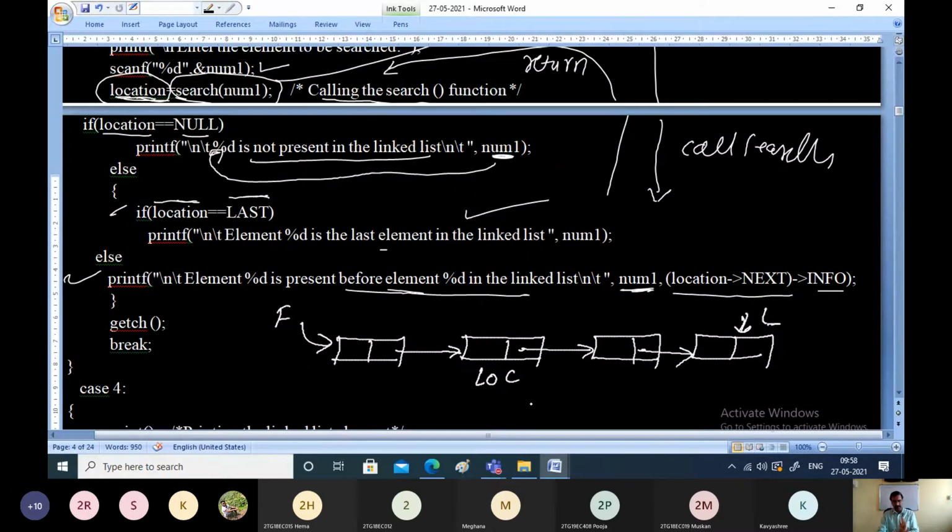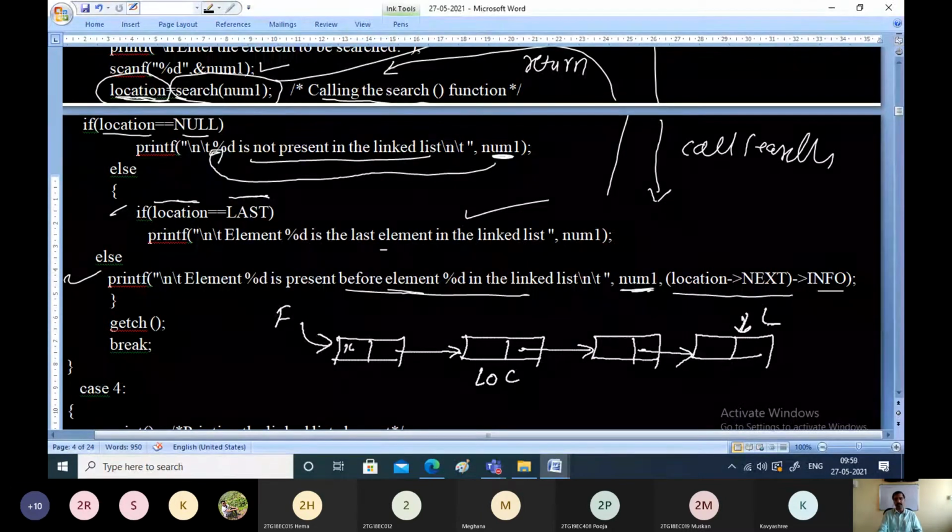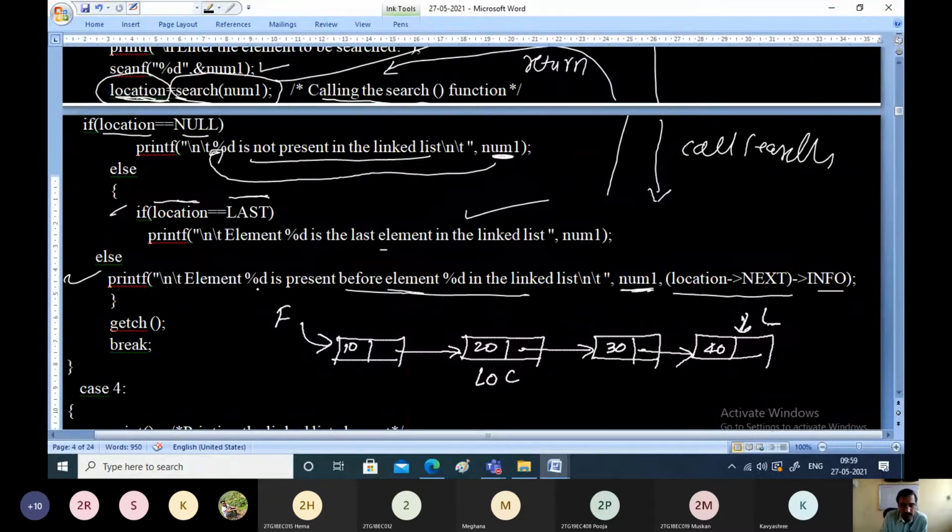That means after searching, we have found this location. Assume these are the elements 10, 20, 30, and 40. Now, what we are trying to display here is element %d. If you want to search for 20, what will it display? Element 20.